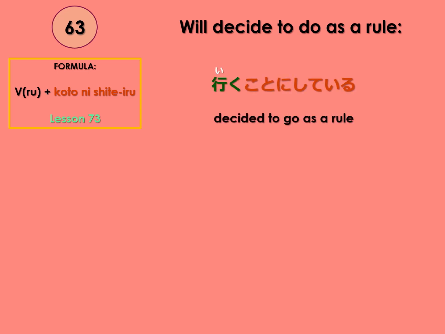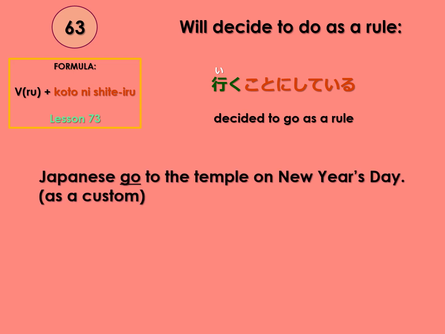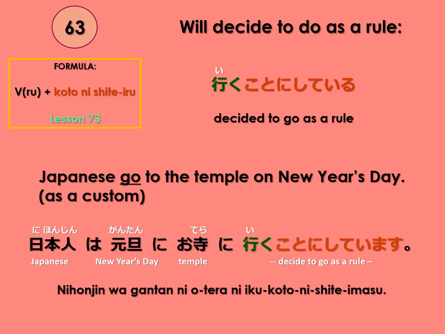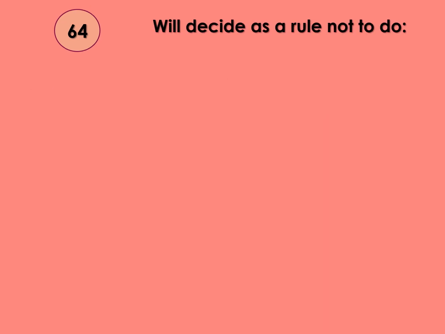Decide to go as a rule. 行くことにしている。Japanese go to the temple on New Year's Day as a custom. 日本人は元旦にお寺に行くことにしています。